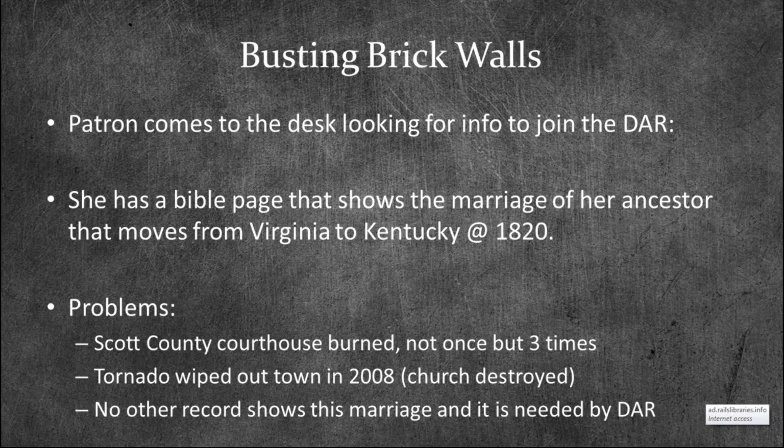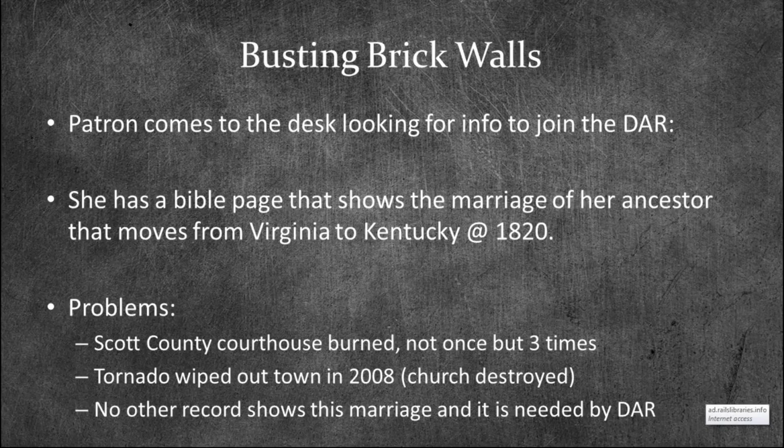Well, at the top of the right-hand column, written in very neat, beautiful handwriting, it says that this ancestor that she's looking for married his wife in the state of Kentucky, in Scott County, but there's no date given. And then right below it, you see the continuation of all of the marriages listed in chronological order. So I told her, I'm very sorry, but I don't think that this record was done in the 1850s. I think it was done after the fact because they didn't write like that in 1850, and it's not an ink that they would have used in 1850.